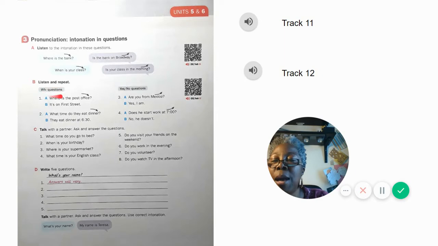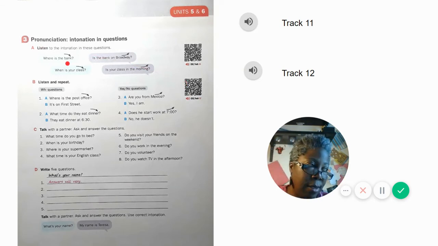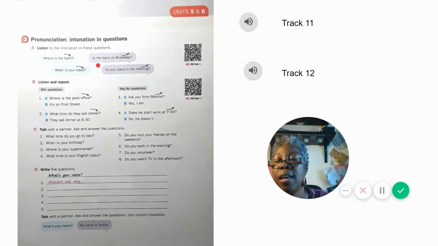We are going to talk about the difference in intonation in the questions when you have WH questions and when you have yes or no questions. So you'll see WH questions go down, yes and no questions go up. WH questions, where is the bank? That goes down. Yes or no question, is the bank on Broadway? That goes up. Okay? So let's go ahead and listen and repeat